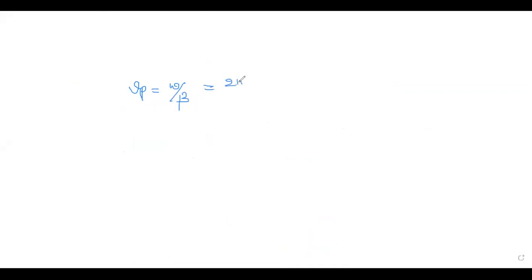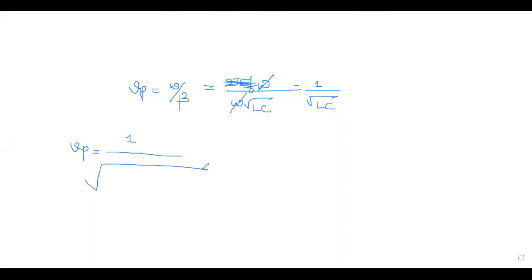Whereas omega, you know, is 2 pi f. Beta is nothing but omega root LC. All are the first module equations. So you don't need to write 2 pi f, your omega gets cancelled here, which is equal to 1 divided by root LC. Similarly, you can write Vp, there is one more equation with respect to L and C, where you know the L and C values.